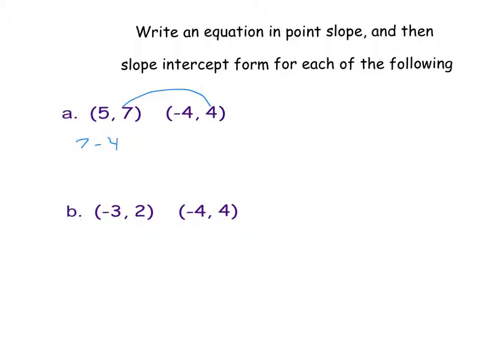7 minus 4 over, I got to start here and go to the right because I did the first time, 5 minus a negative, 5 minus a negative 4. So now I have 3 over